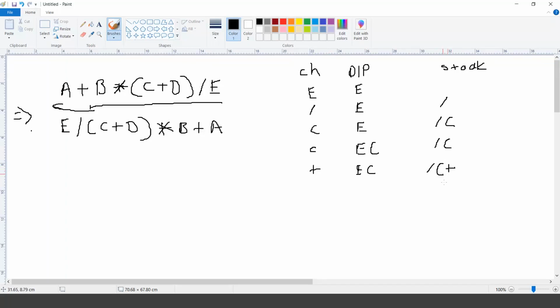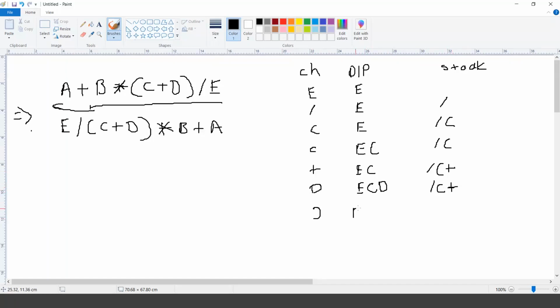If there is anything inside the opening bracket, then only we have to compare the operators for the precedence. Right now, in the opening bracket, this is the first operator, so we can directly push it on the stack. So we have scanned plus. Now the next symbol that we will scan is D. So let's scan D. Now as we scan D, D will be my output, and this is my stack. Okay. Now after D, we are scanning the closing bracket.